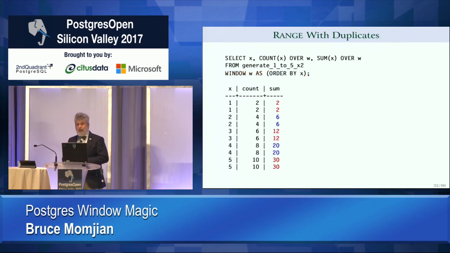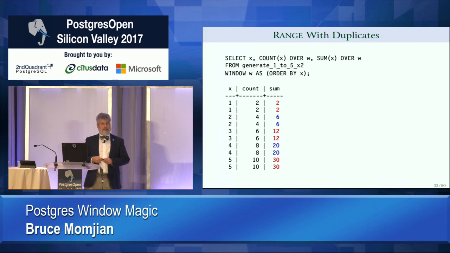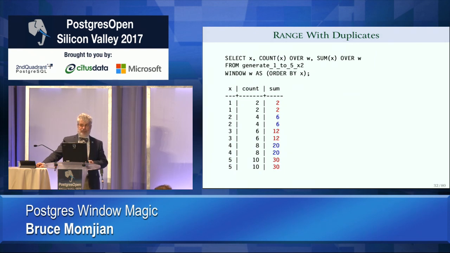Okay. This is interesting. And it's interesting because now we have duplicates. What you will notice is that the numbers in the groups don't really change. Like the first two rows, the first two rows both affect two values. Okay? The second two rows both affect four values, and so forth. Okay? And the totals indeed are grouped together.